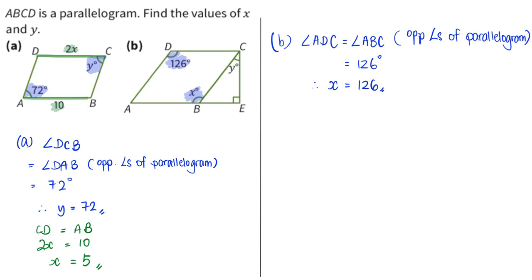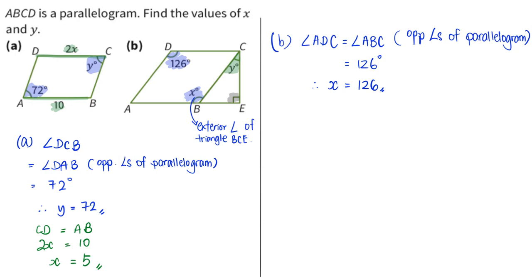Now do take note that there is a special relationship between the angle y degrees BCE, this 90 degrees, and angle x, because in this case, angle x is actually the exterior angle of triangle BCE, and there is a special relationship that connects x degrees, y degrees, and 90 degrees,